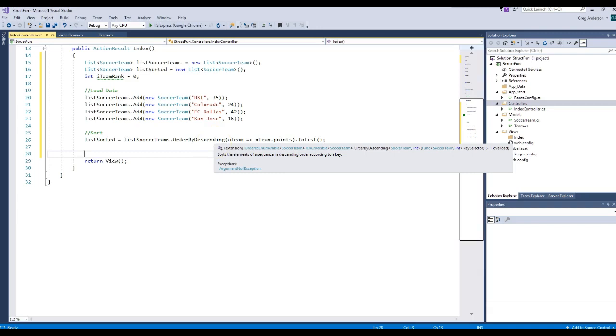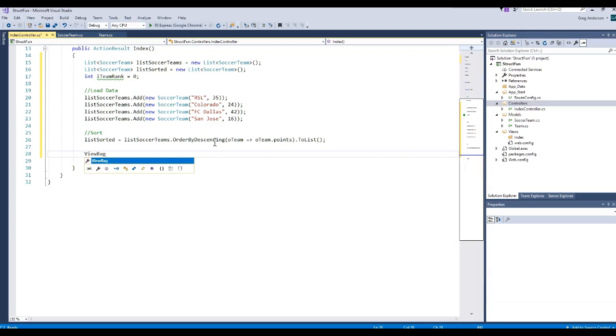I'm going to show you how to use what they call the view bag. The view bag is what we call a data dictionary, and in a view bag you have a key and a value. The key represents where do you look. The value represents what is the data. So we're just going to specify that we have some data and we want to put it in that key value. So let's do the following. Let's just come into here and we'll say for each item in the soccer team list, which if we say in